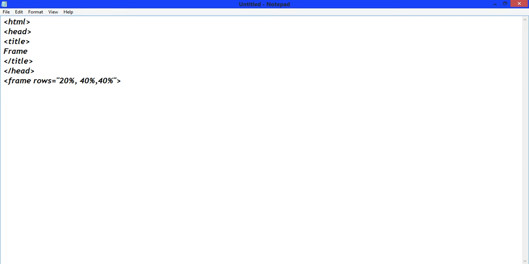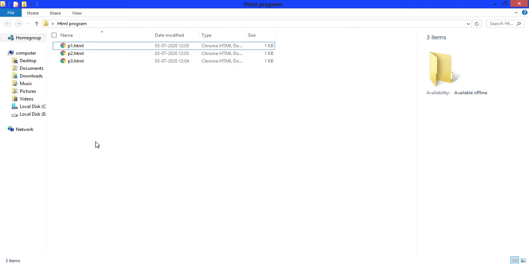Okay, now write frame name equals to top, src equals to, see here we have 3 web pages p1, p2 and p3.